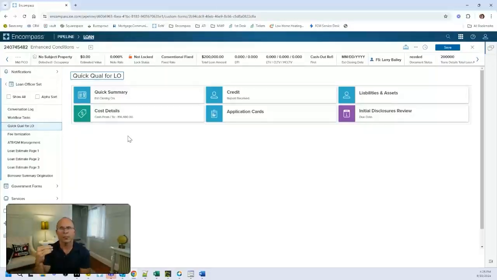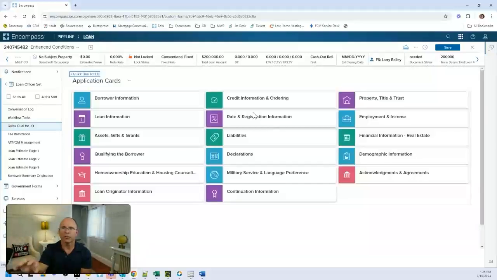But what I'm finding is more companies are finding these kinds of solutions to drive the user experience to be much cleaner, whether it's post-closing or appraisal desk or even initial disclosures, where you can build these quick, easy card-based forms. And again, if you look at application cards, you can drill down. Every time I show this to folks that are overwhelmed by desktop Encompass, this makes them feel at ease, which might sound weird for an LOS making people feel comfortable, but it does.